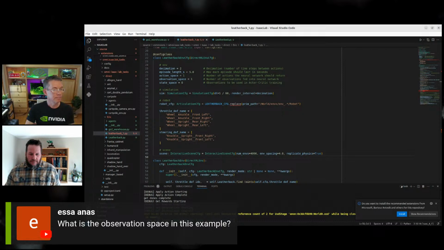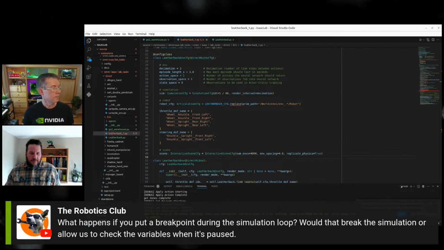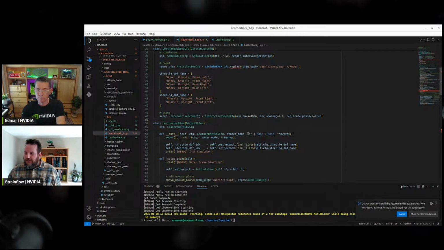And great question from the Robotics Club, which I want to make sure I remember to answer: what happens if you put a breakpoint? I'm going to show you, if we get to the end, how to run this and how to debug this so that you can put breakpoints and it does not break things. It's wonderful for debugging. So great question. Okay, if there are no questions,